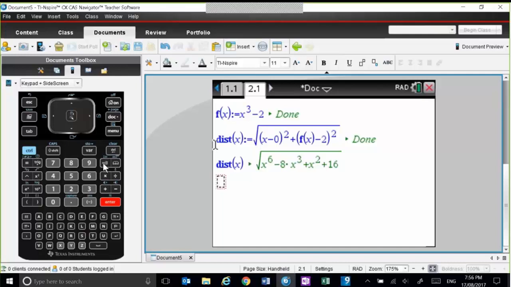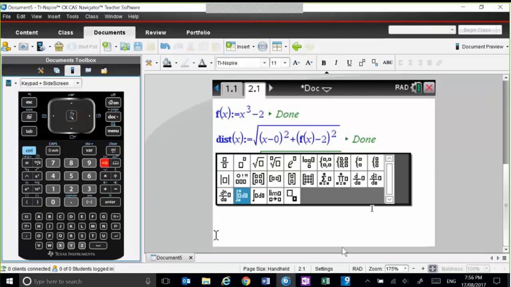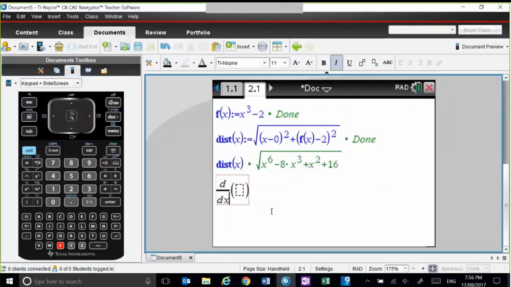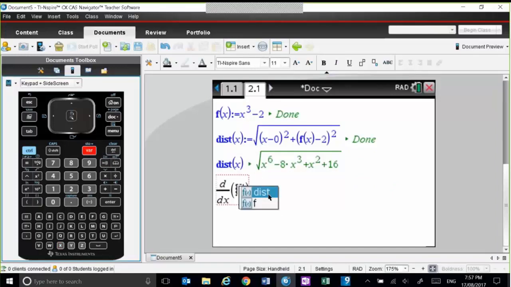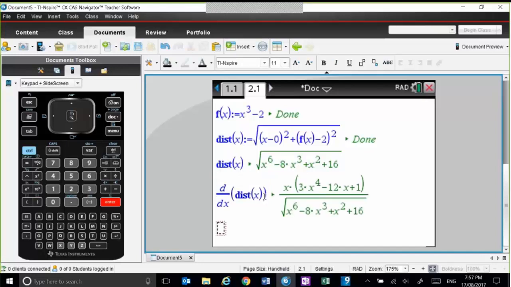So if I access my template and access the derivative template, so we're differentiating with respect to x, the function distance with respect to x, there's the derivative. Now remember, to find the minimum distance, the derivative actually has to equal 0. So what we could do is copy all that, Control C, and now I'm going to solve